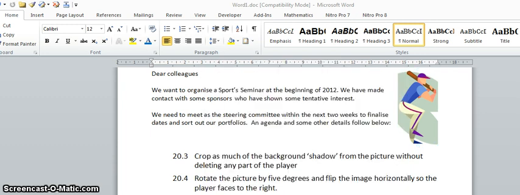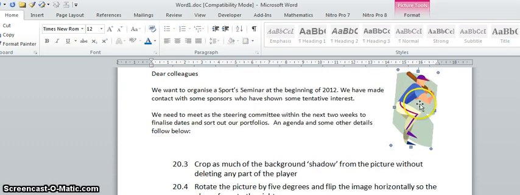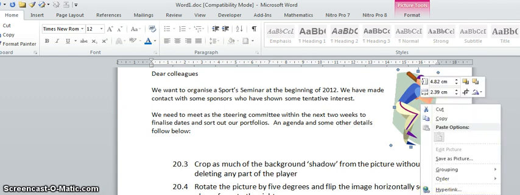Okay, I'm just going to click OK there. So it's rotated, not much, but it has been rotated by 5 degrees. And flip the image horizontally. Okay, format picture,